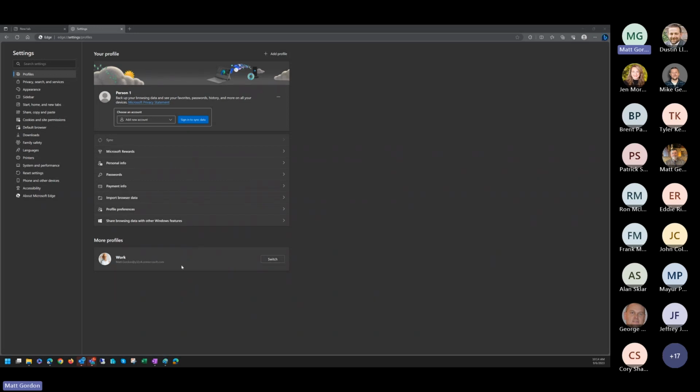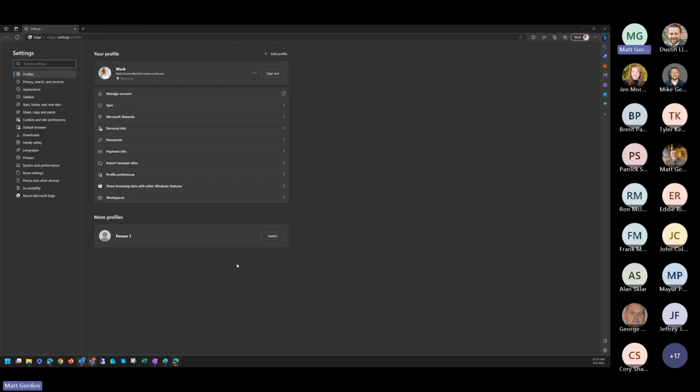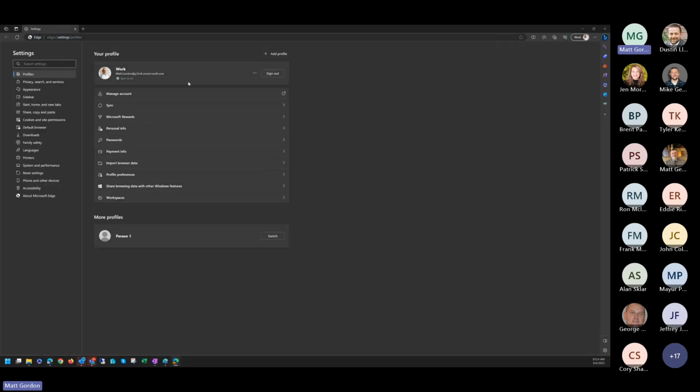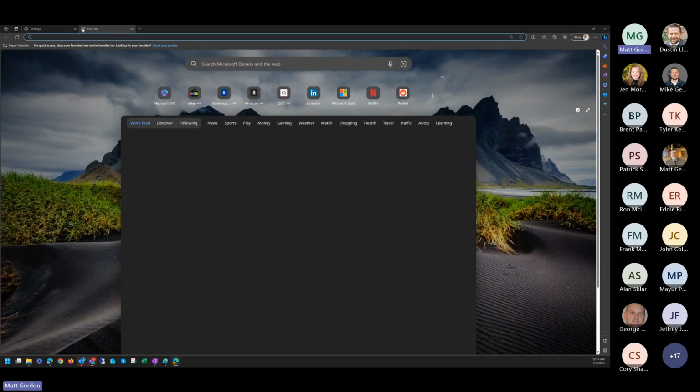You can also see it's listed here from this browser window. I could switch to it. So let's go ahead and do that now. It's going to take me over here into this, which is now my active browser. You'll see that my work account is now the primary profile here. So when we go back to the home page,